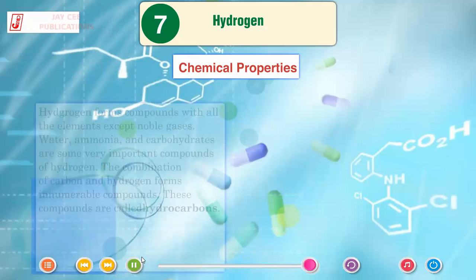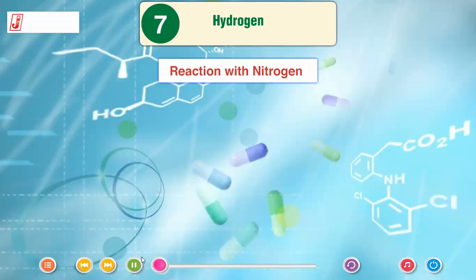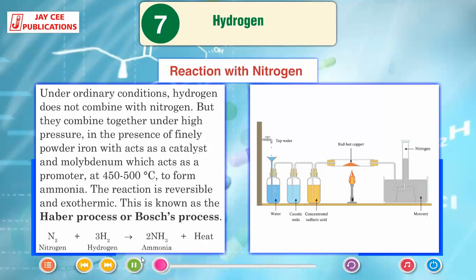Chemical properties. Hydrogen forms compounds with all the elements except noble gases. Water, ammonia and carbohydrates are some very important compounds of hydrogen. The combination of carbon and hydrogen forms innumerable compounds. These compounds are called